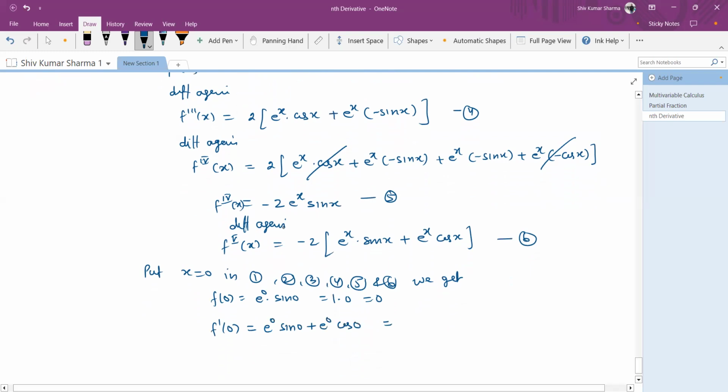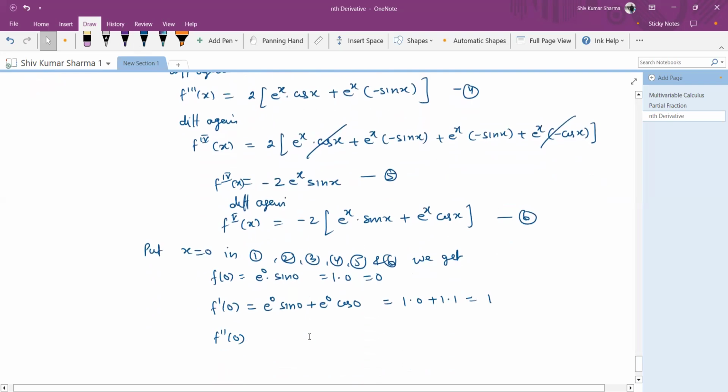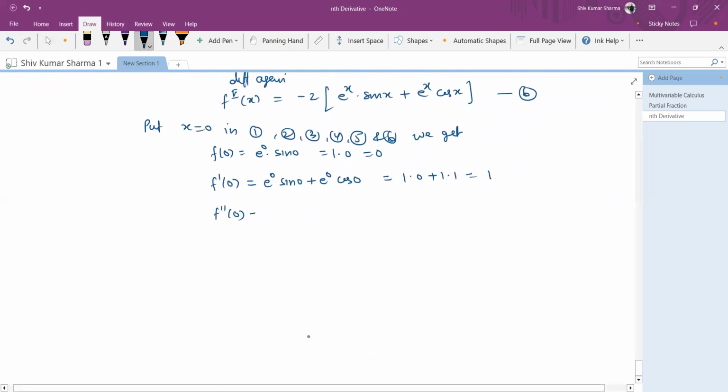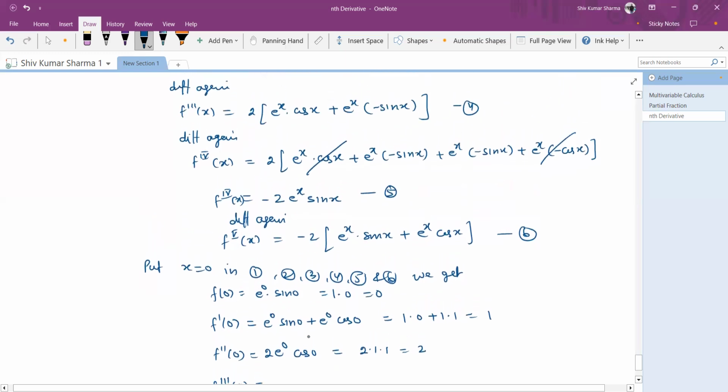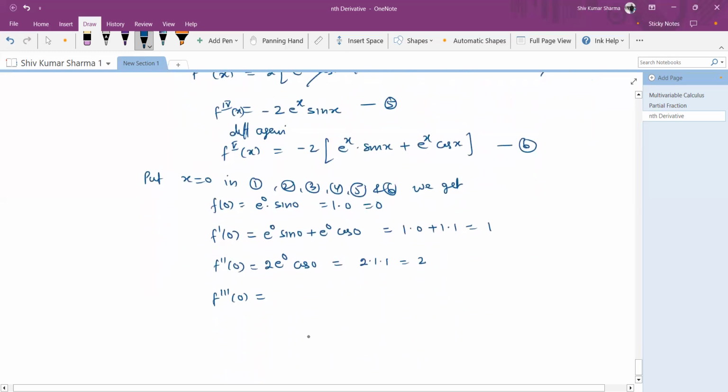So this gives us 1 into 0 plus 1 into 1 equal to 1 cos 0, which is 1. So the value of f double dash naught is 2. This gives us 2 e raised to the power 0 into cos 0, so 2 into 1 into 1 equal to 2. Now f triple dash naught, the third derivative, is 2 into e raised to the power 0 cos 0